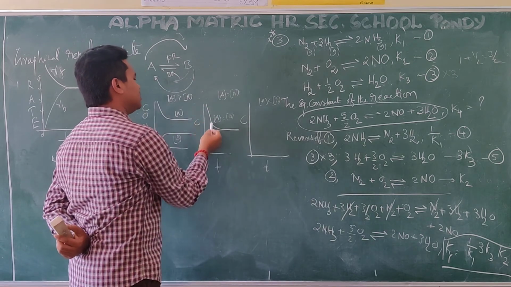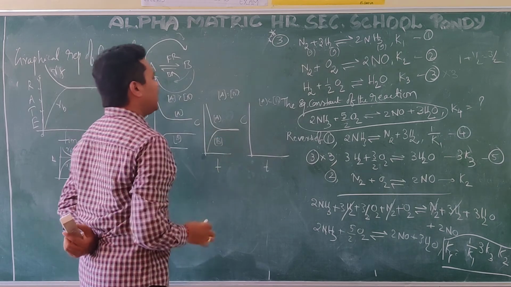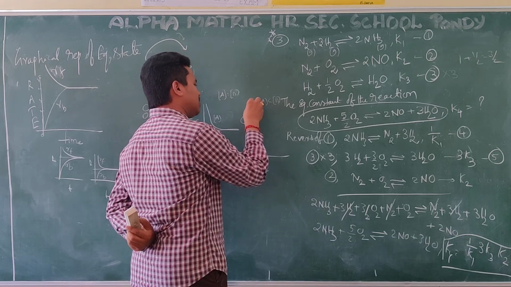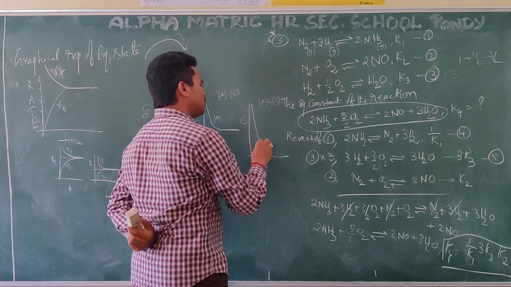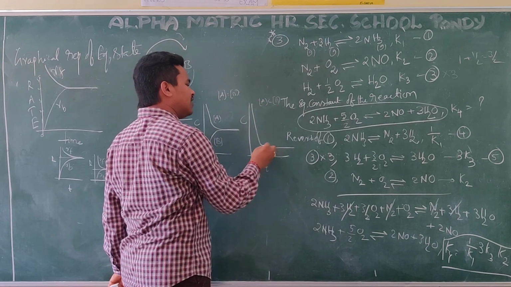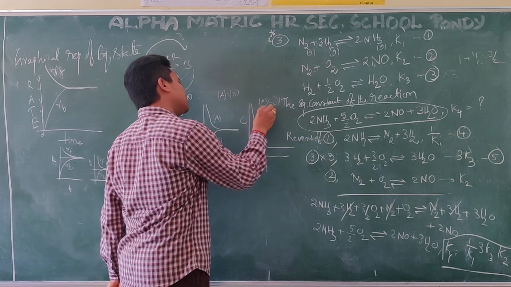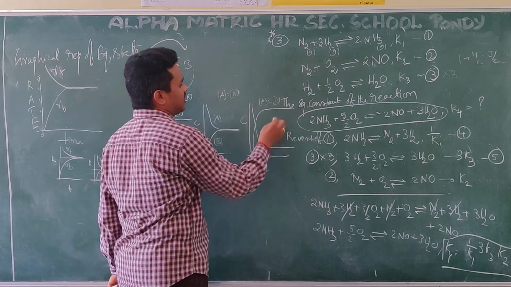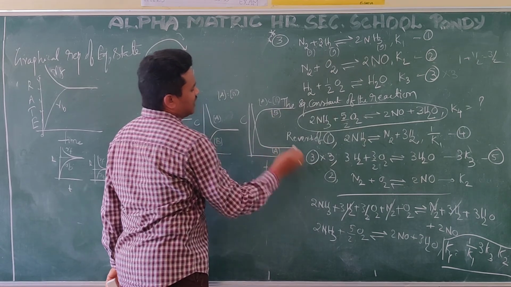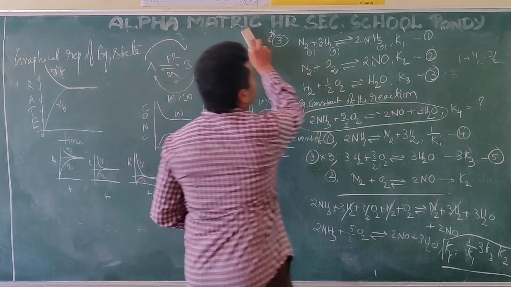Concentration decreases. This is the concentration of A and this is the concentration of B. And what is this? A is less than B. That means initially A concentration is more, slowly decreases. Here A concentration decreases and it will become very less. B concentration increases and it will be constant. This is the B concentration, and it will be like this. Here B is greater than A. This graph is for B greater than A.